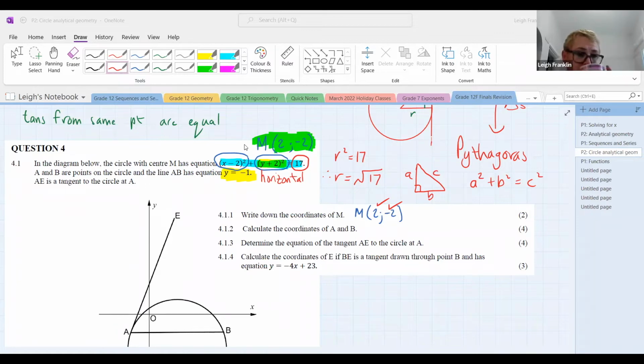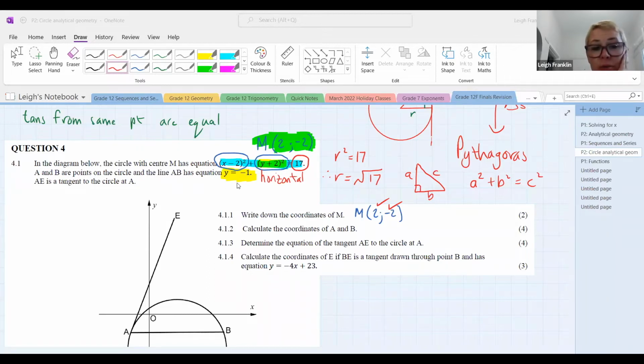Do we know this? What's the y coordinate at A and B? Exactly, Diana. Okay, we know this. We know that it is -1. So it can't be 0, because we're not on the